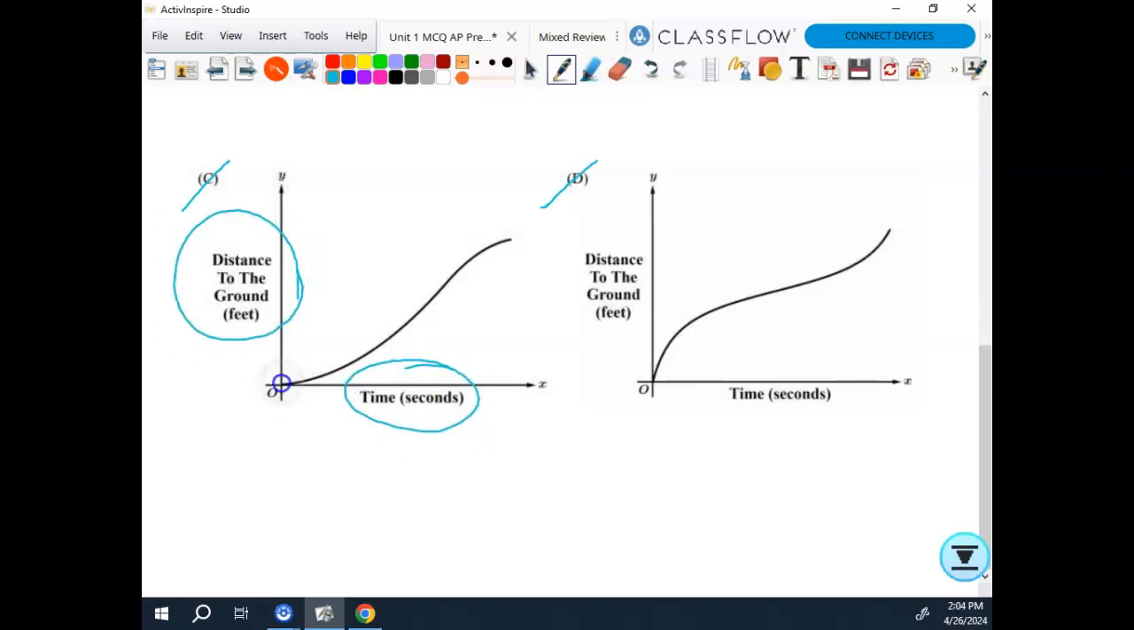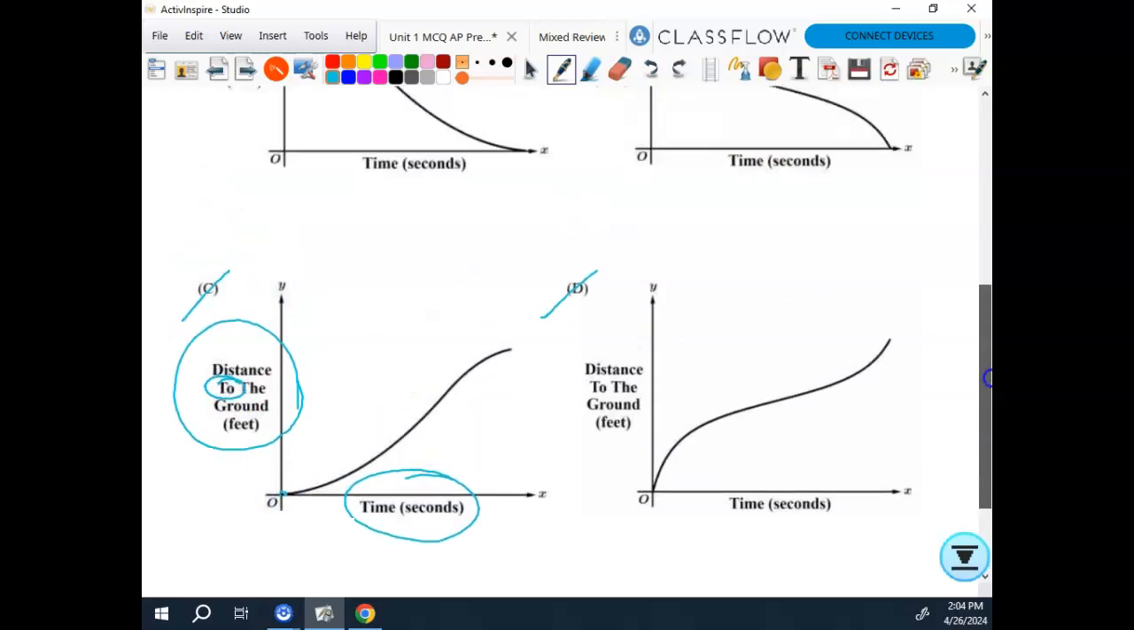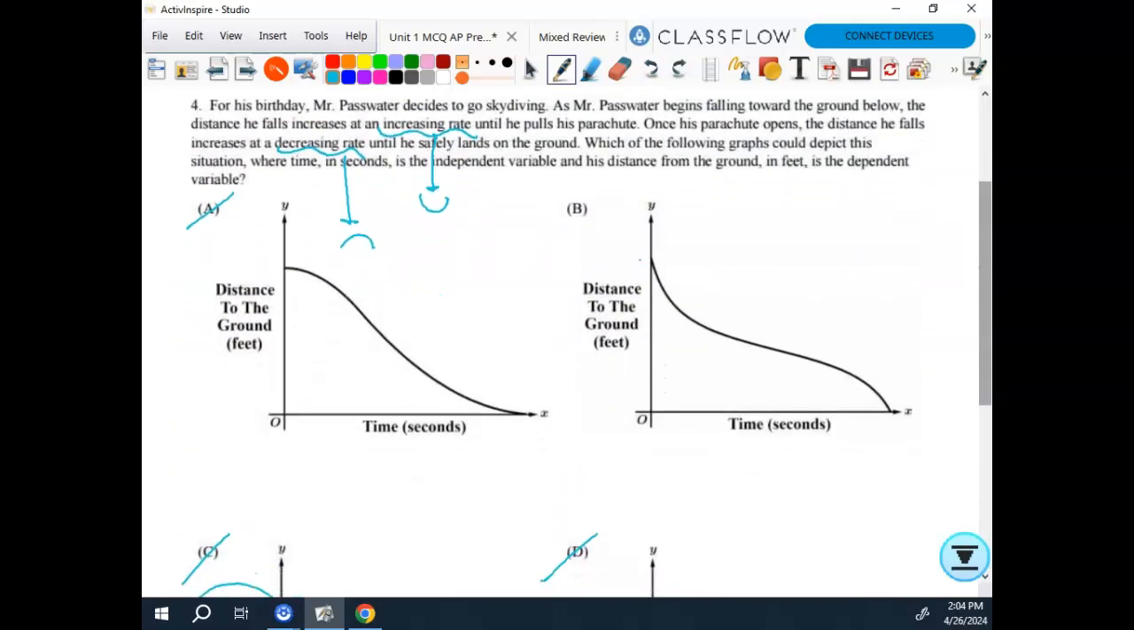Okay? Then again, we are looking at this. At time 0 seconds, does it make sense for his distance to the ground to be 0? No. It could be to the ground or from the ground. It doesn't really matter. But I don't like that one. The distance from the ground starts up here, and then